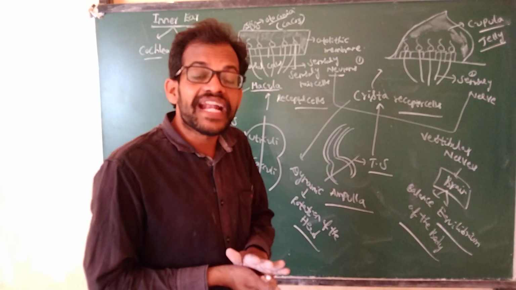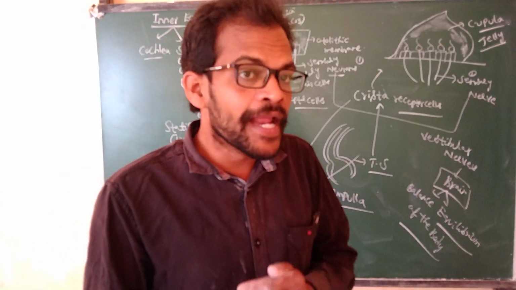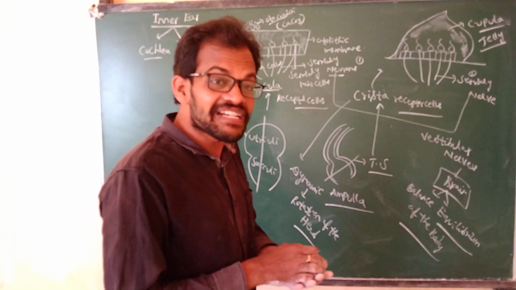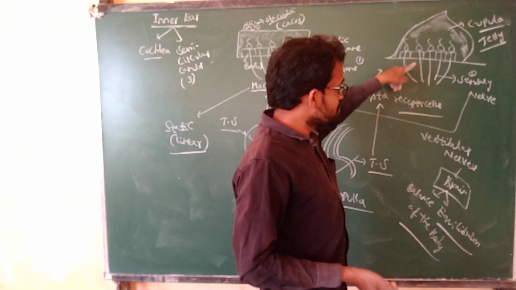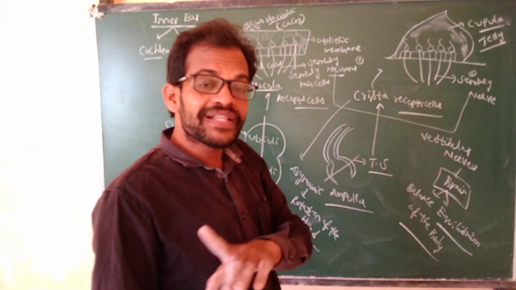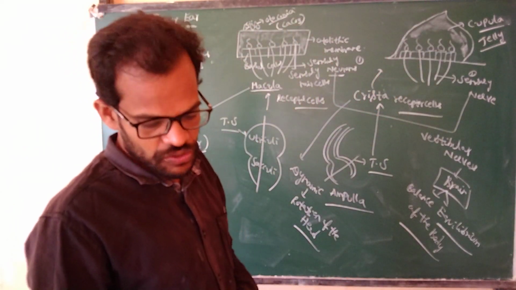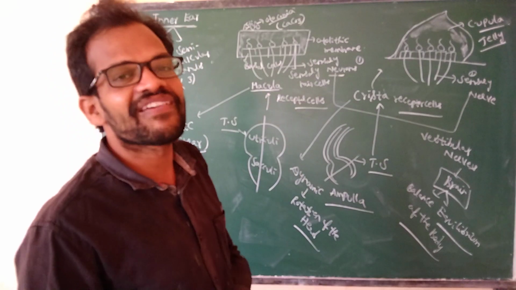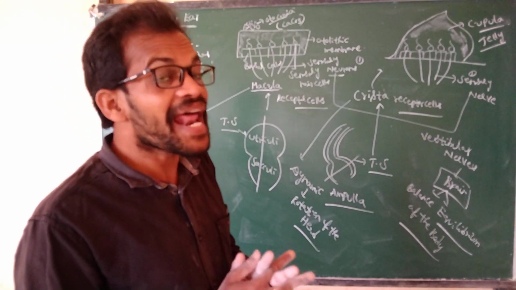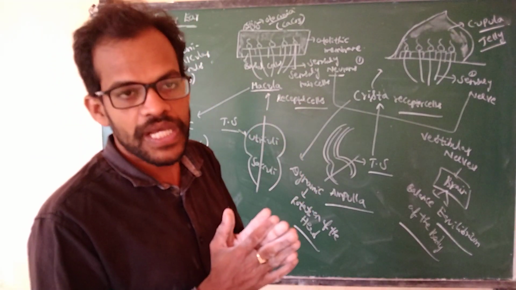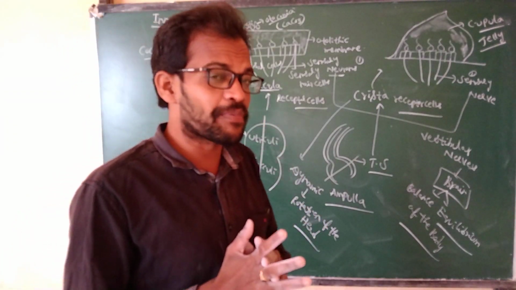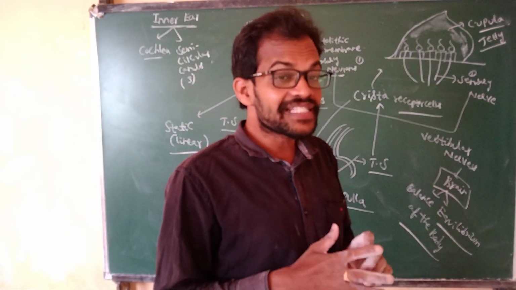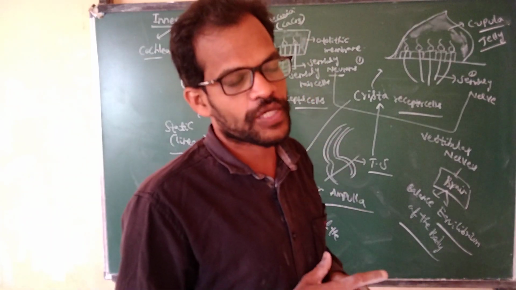With the rotation of the head, the perilymph and endolymph move and contact the sensory hair cells. Whenever these hair cells contact the sensory neurons, they send a message to the brain. These two receptors help to maintain the balance and equilibrium of the body. Okay, the cochlear part is helpful for the hearing process. Thank you very much.